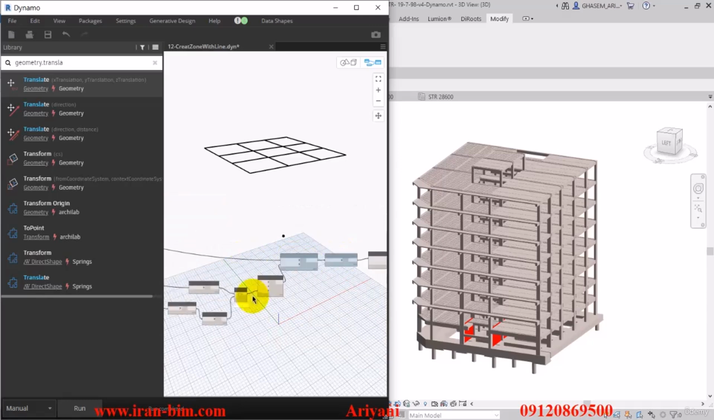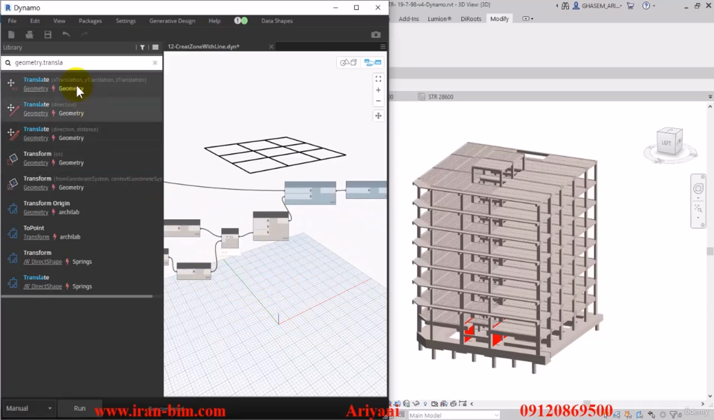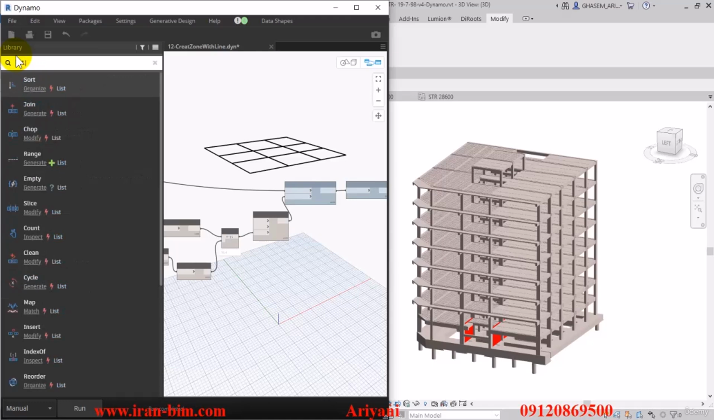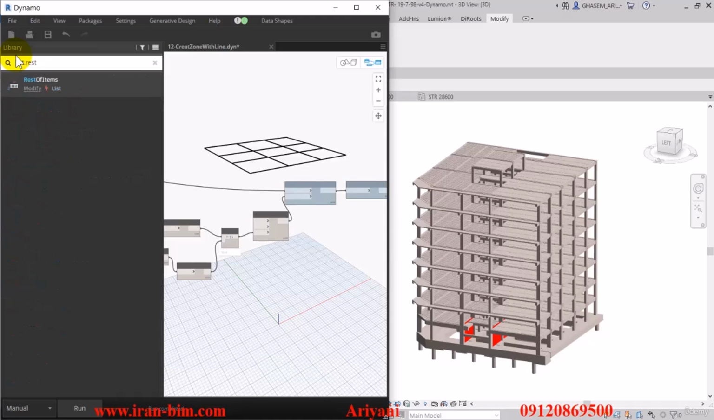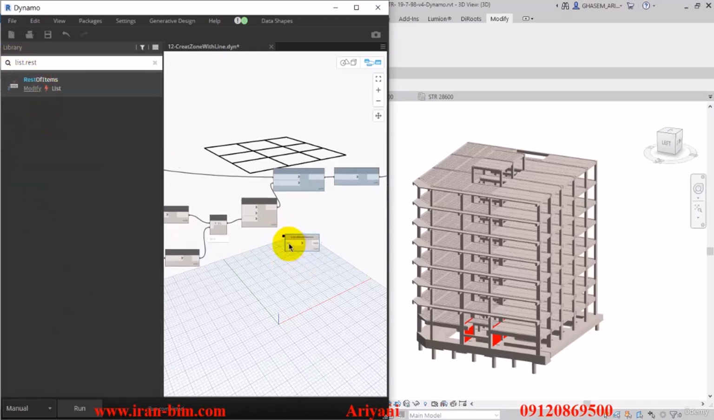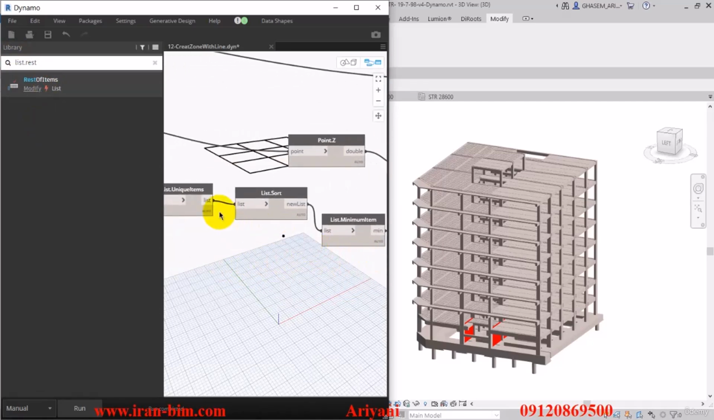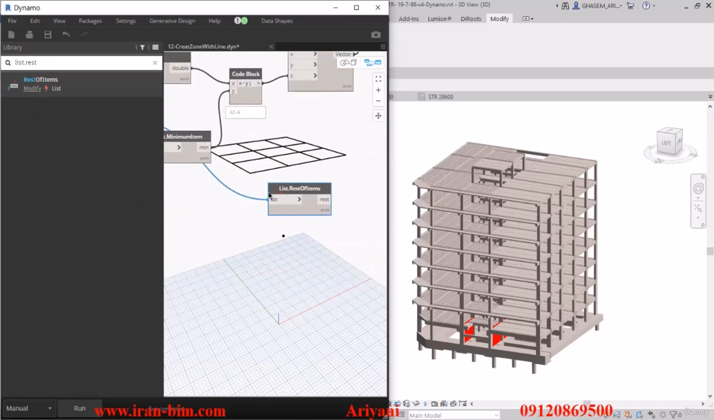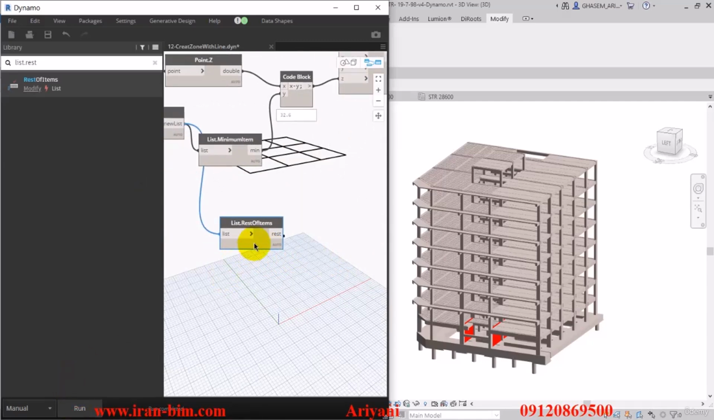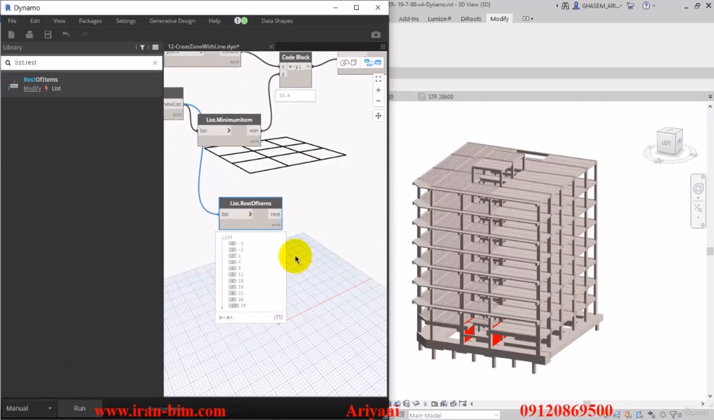Let's go over here, and this time we're going to use list.rest of items, the one that says rest of items here. Open it up, and let's see where the list sort was. It was here. We can get that and connect it here to the list. Then we'll hit run, and the results that we get are fine for now. I'll explain the rest in the next